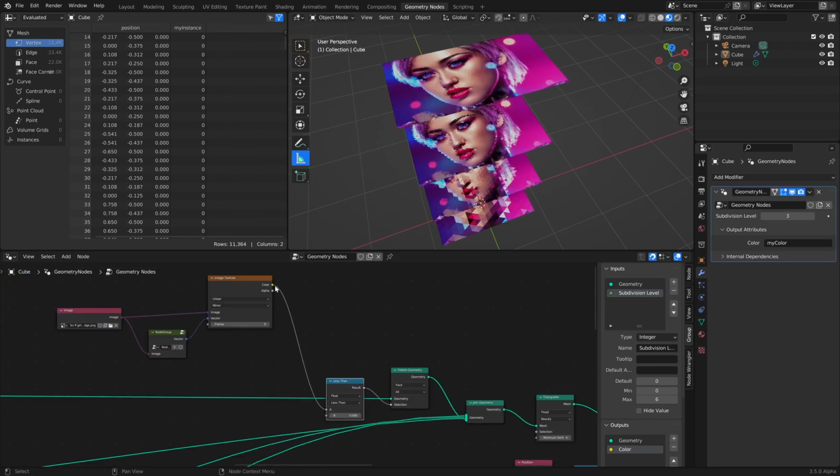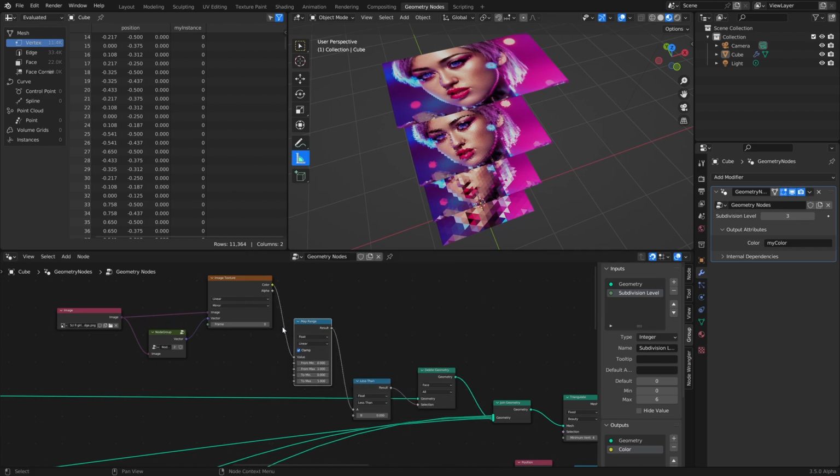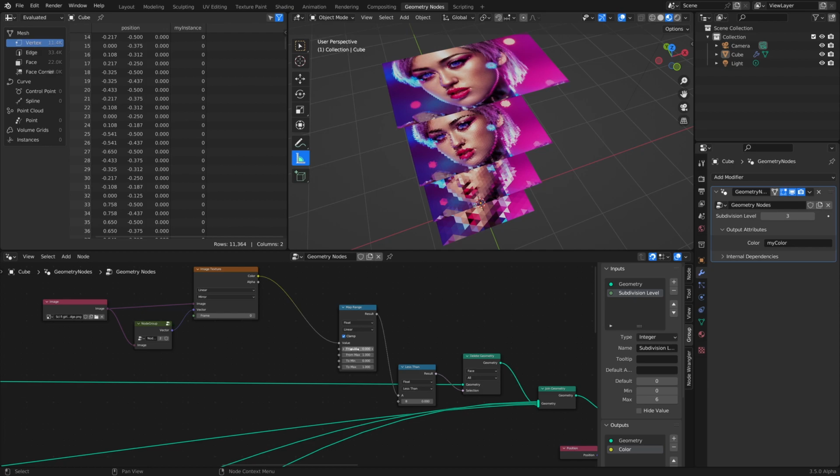The range coming from the color can be arbitrary. The lowest value might not be 0 and the highest value might not be 1. In fact, that'll usually be the case. So let's make it so it's always the case by adding in a map range between the image texture and the compare node. We don't know what the from min and from max are going to be, but we can find out by adding in an attribute